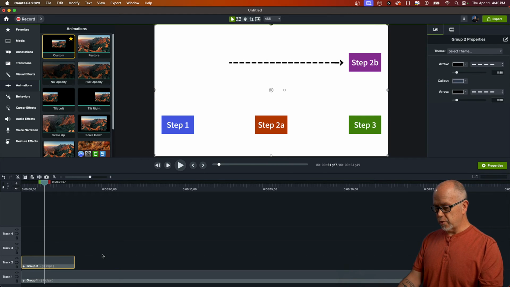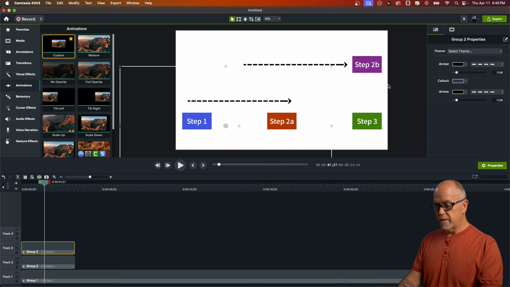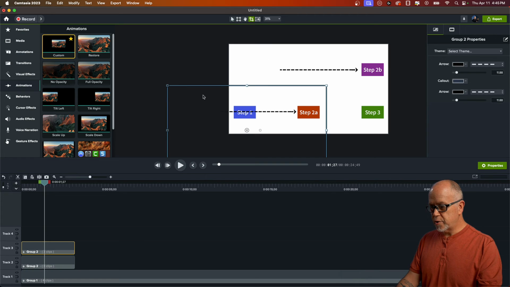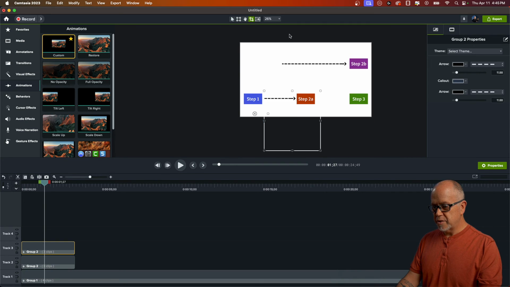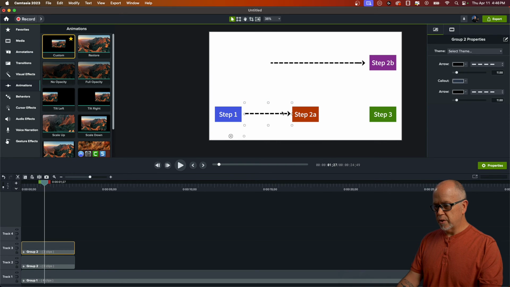Okay, and now we can take this group, we can Control D to duplicate it. Now we have another copy here. Position it to where you want it. Let's just zoom out a little bit. And then with the crop tool, we can crop this like this. Okay, in fact, we can crop a lot of this away. Crop this like this. Okay, and then we can go back to the select tool with this arrow selected, copy